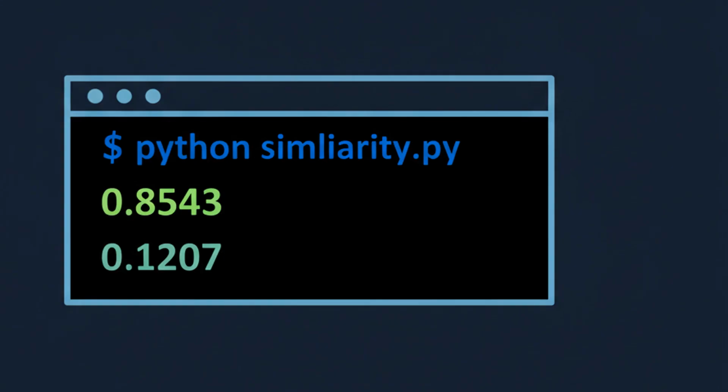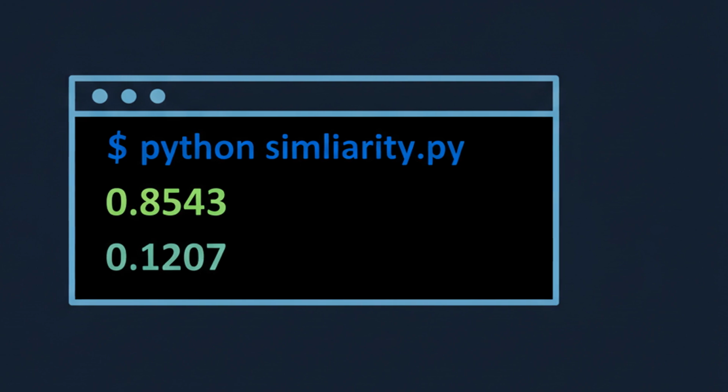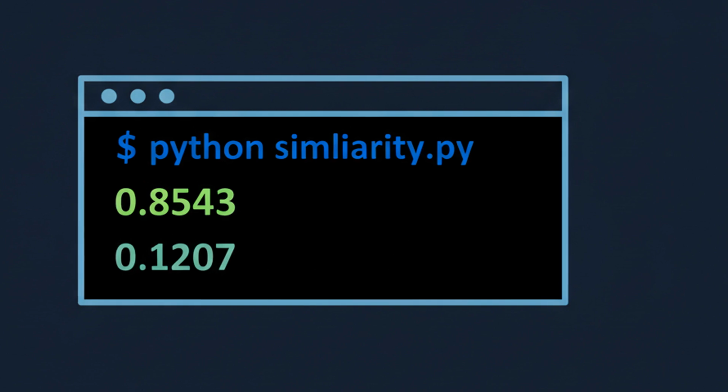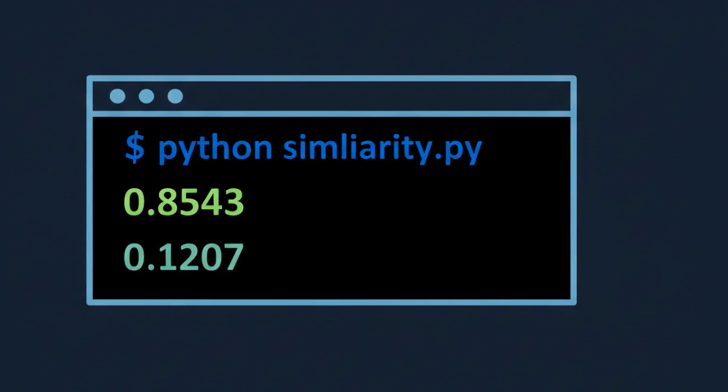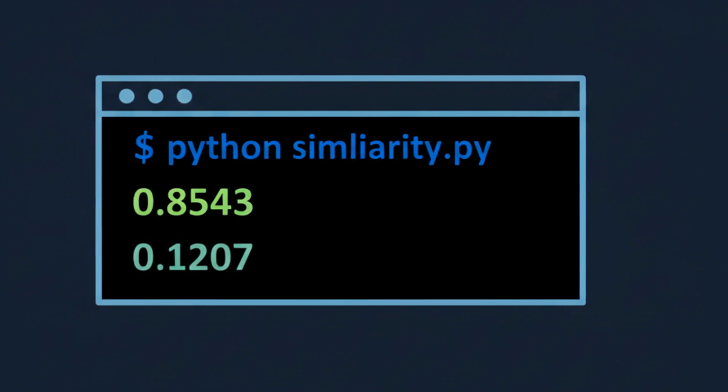Let's lock in the three big things. One, an embedding is just a list of numbers that captures meaning, so similar things sit close together in vector space. Two, you compare them with cosine similarity, and a vector database makes that search fast at scale. Three, this is the engine behind semantic search and RAG.